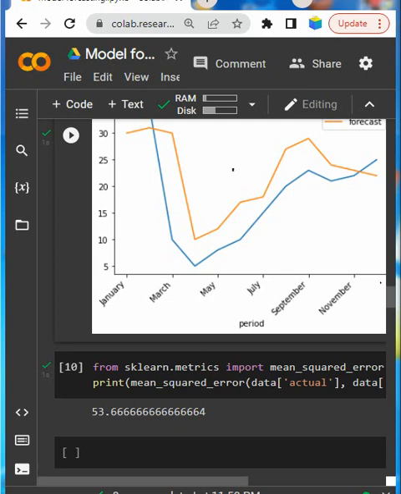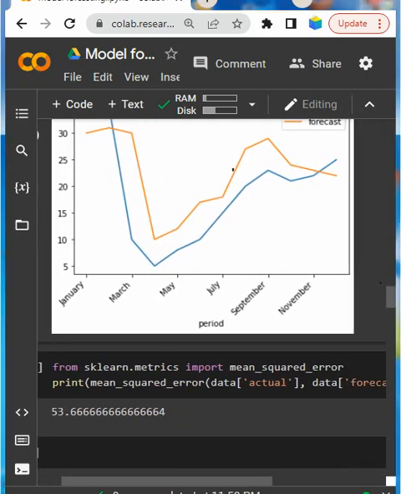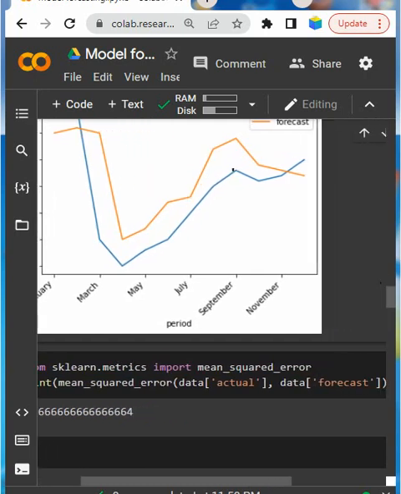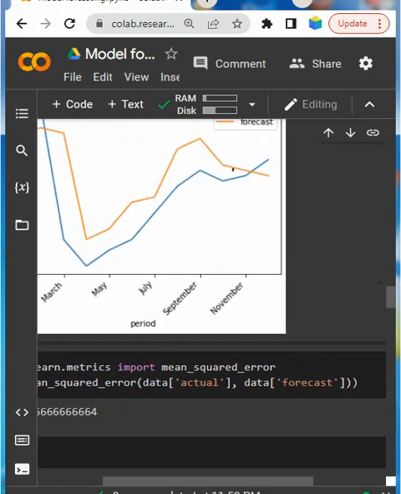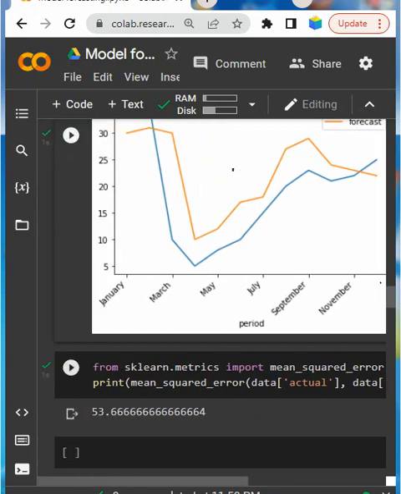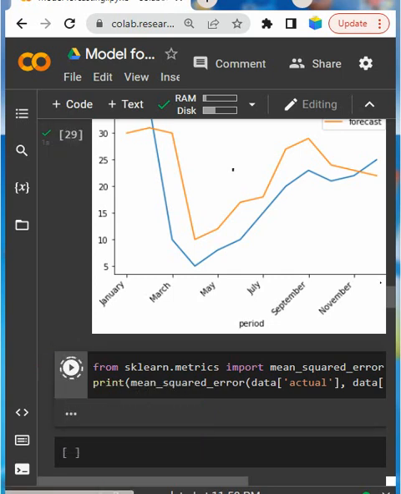First I am going to import here from sklearn.metrics import mean_squared_error. Now print mean_squared_error with the actual data I have taken and the forecast data.